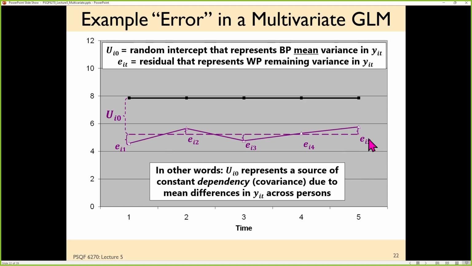Yes, and the variance of E, can I assume that if the person is stable to respond, the variance of E equals 0? The variance of E would still be non-zero to the extent that people differ from their own means. The only way that you would not have E variance is if somebody gave you the exact same answer at every occasion. Yeah, that's what I'm asking.